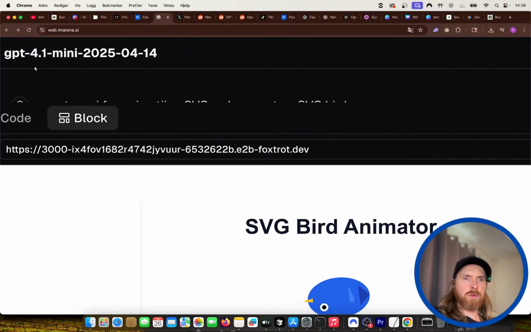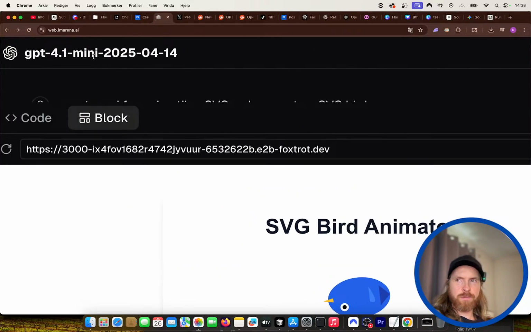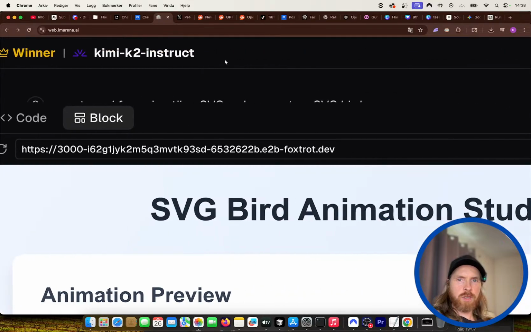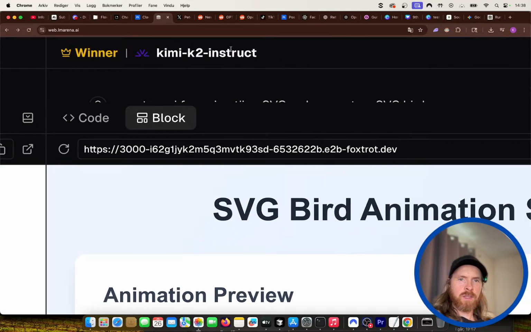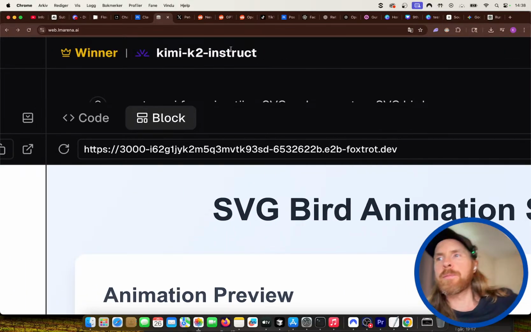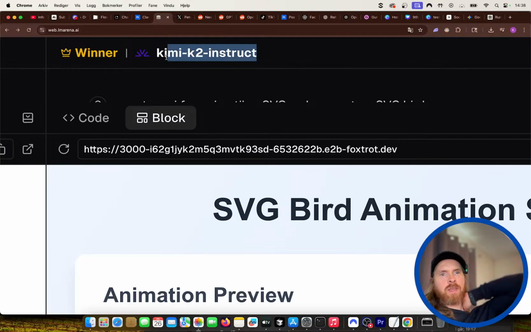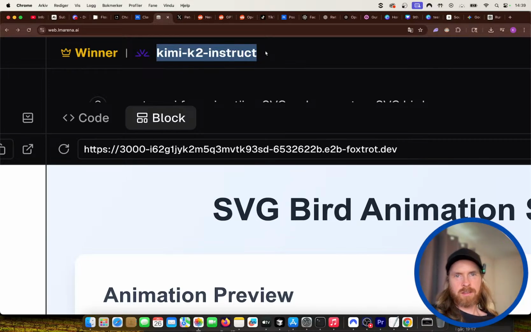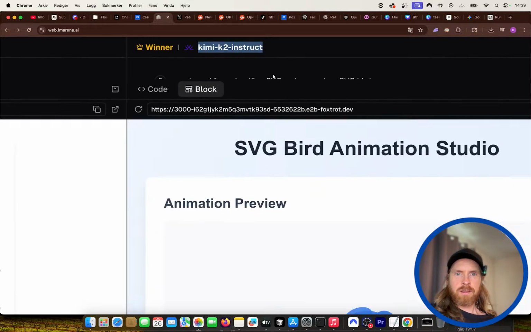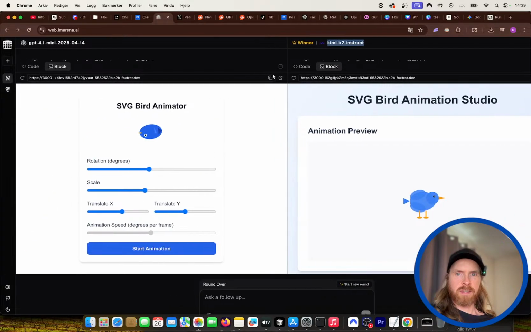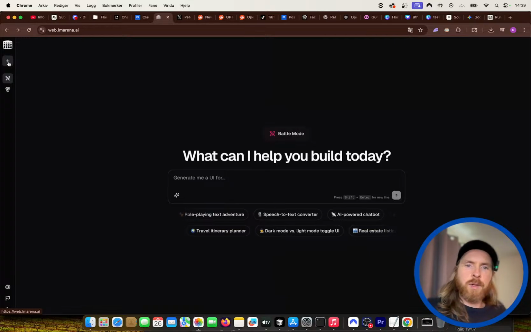So the left one was GPT 4.1. Right was Kimi K2. I've been kind of impressed by this. Has made some good, interesting stuff so far. The Kimi K2 model. It is very interesting. Yeah, I think it's pretty impressive.